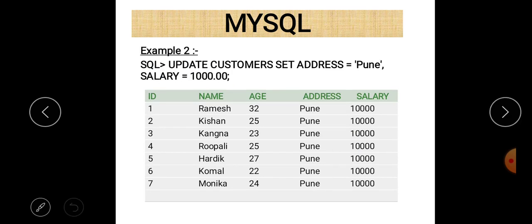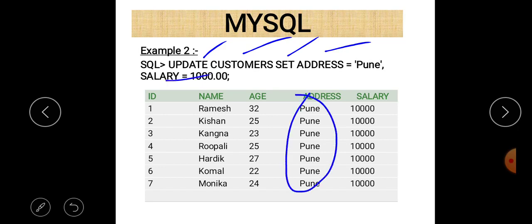Next, if you want to change two values, then it is also possible. In this example 2, you can see that we write UPDATE customers SET address = 'Pune' and salary = 10000. So all addresses are converted to Pune and all salaries are replaced with 10,000.